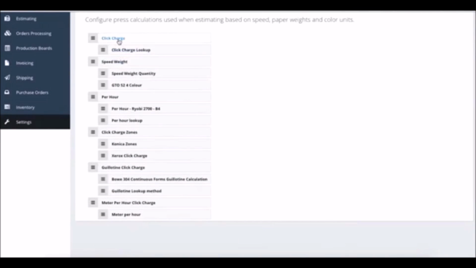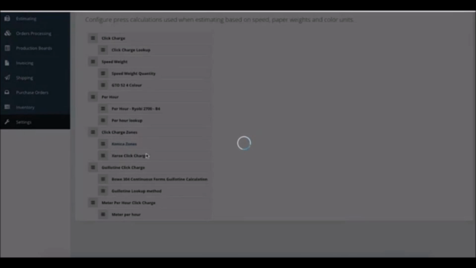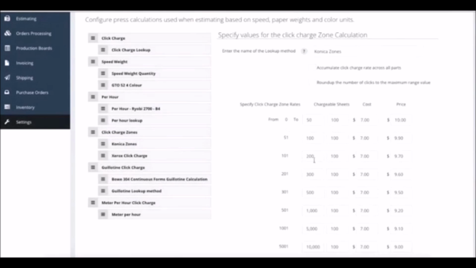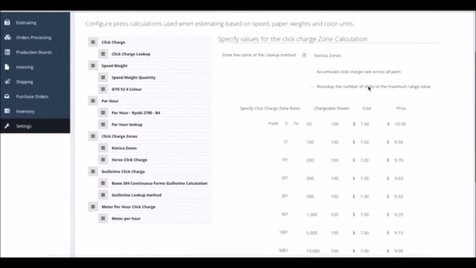You can use a flat click charge rate for your digital, or you can use click charge zones. So if I click charge zones, you can enter the different zones, your cost price per whatever sheet, per 10 sheets, per sheet, per 100 sheets, and your sell price that you intend for that machine before markup. You can also choose to accumulate those click charge ranges, or you can round up the number